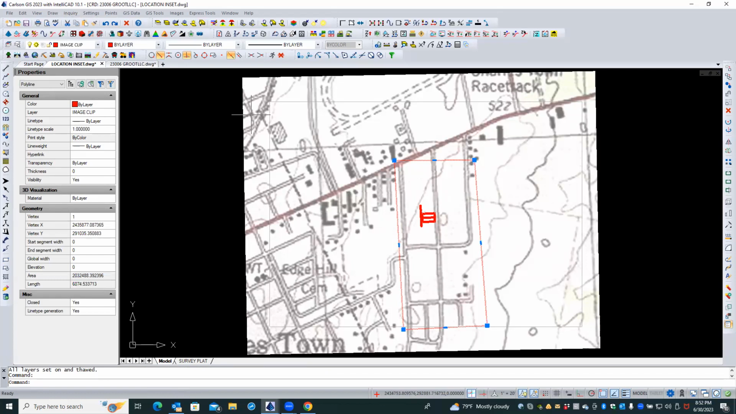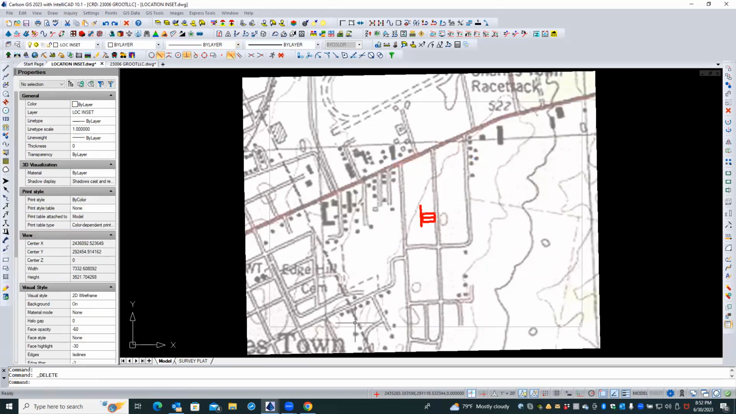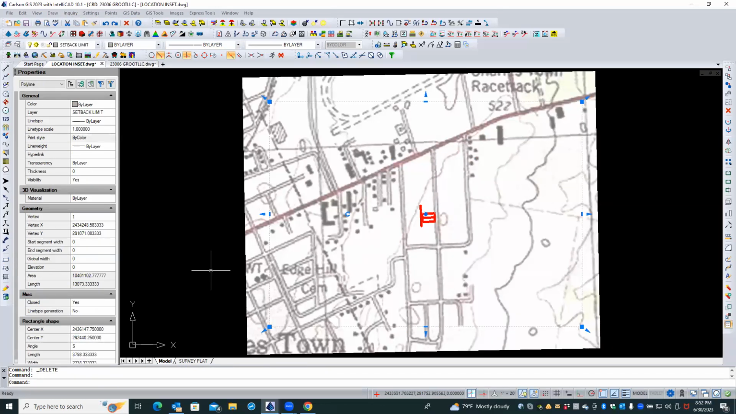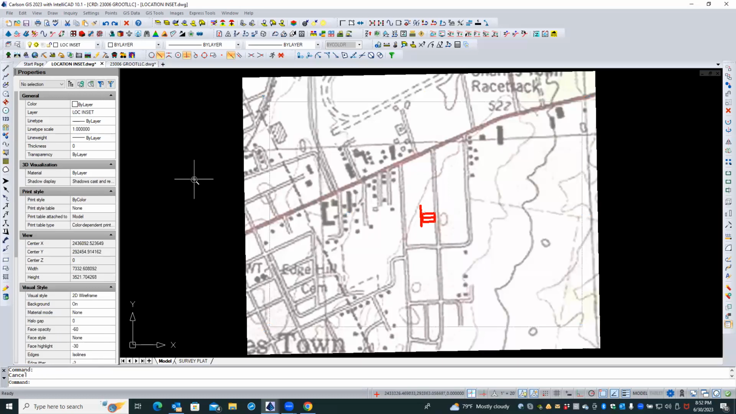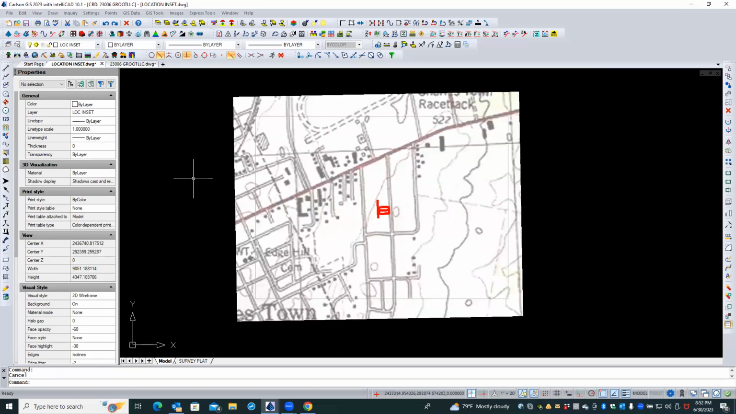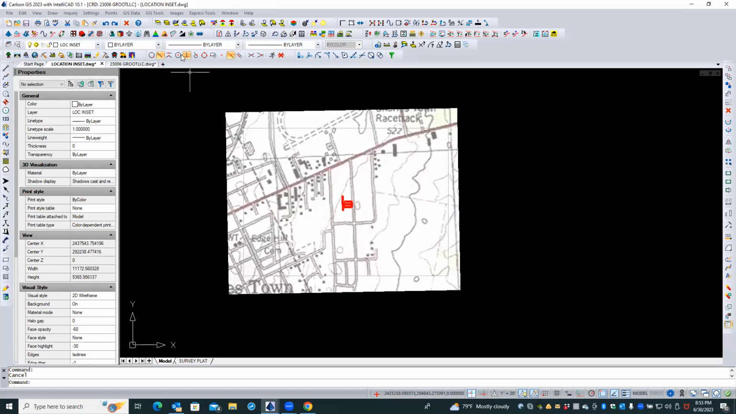That we don't really need. And this will keep just for reference sake. And that will keep. Now, if I've got everything thawed,